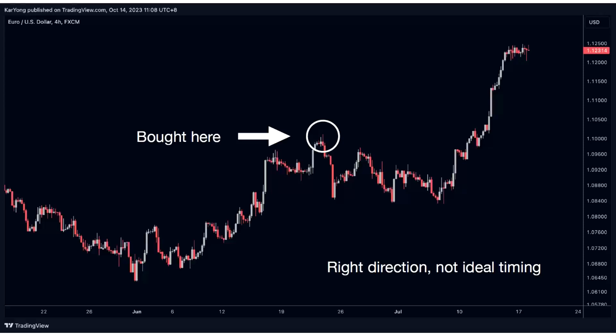So this is the part I want to share with you. I strongly believe if you have been trading in the markets, you may have encountered some experience like that. This is a classic example of getting the direction right, but executing the trade at not the ideal time. We definitely can't be perfect. You won't have a strategy that is always going to give you the direction right and the timing right. But you want to work towards a technique that is able to at least minimize the possibility of getting the direction right and the timing wrong. So this is a good example of why timing is important.